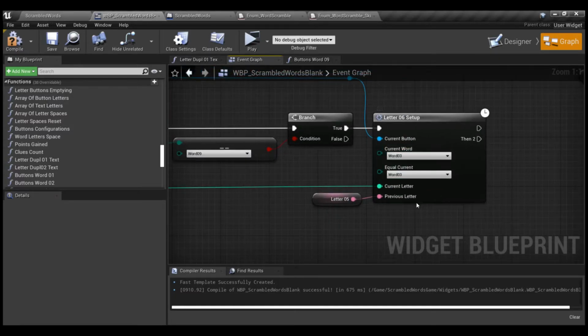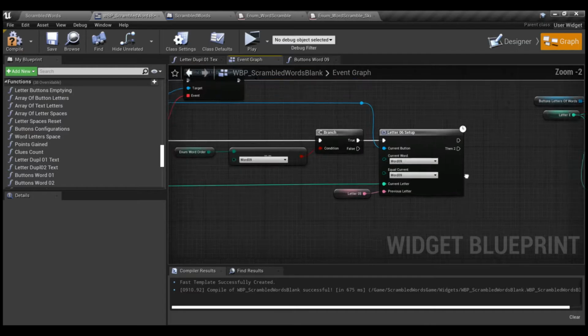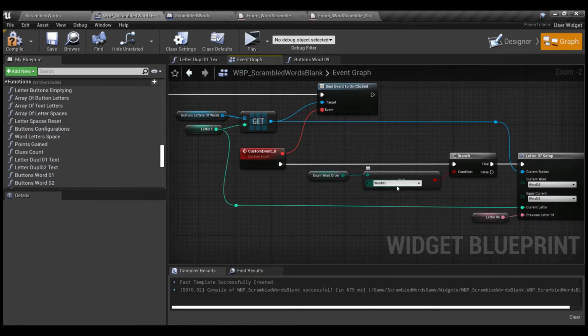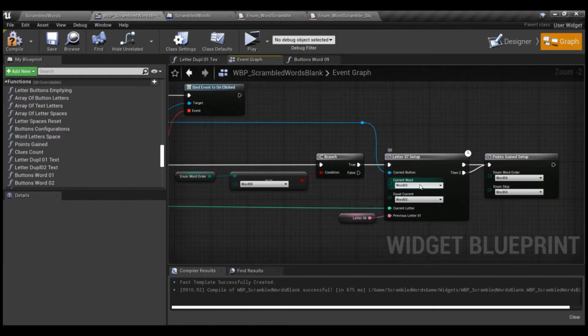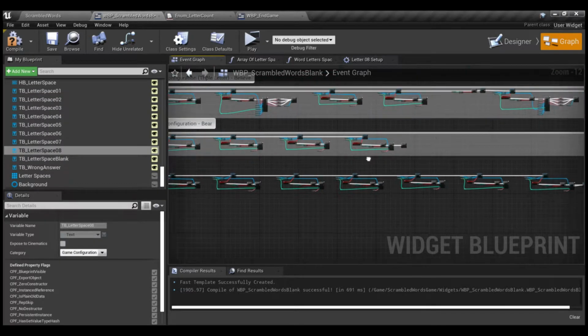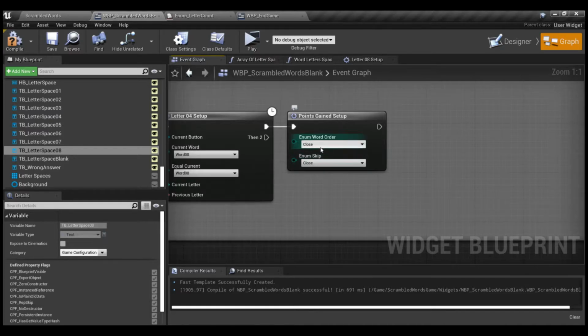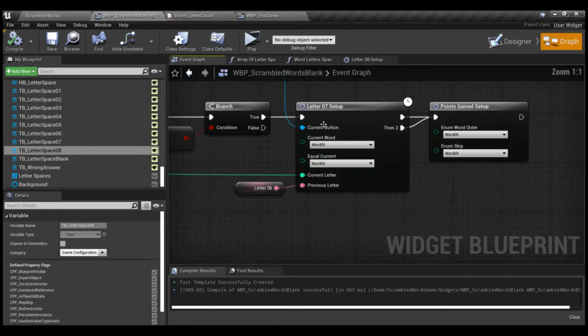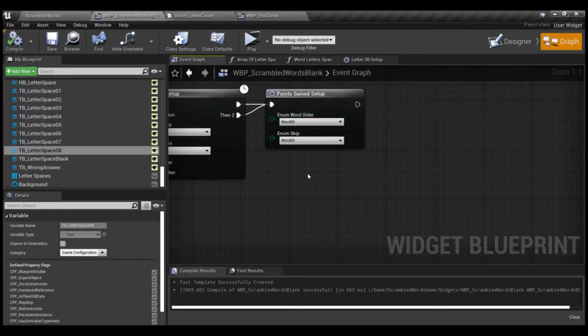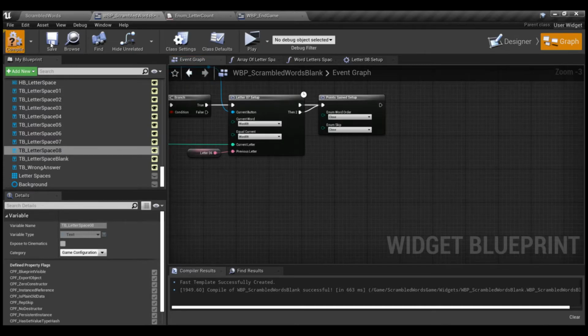Alright, I'm going to move on to the next step. As you already know what I'm doing right now, I need to show you all of this. In word 08, we're going to go to points gain setup, and we're going to change this one here as well because we currently have it on close and it should be referenced to the next word, word 09. We're going to change it here, and in word 09 at the end we're going to change this to close. Alright,